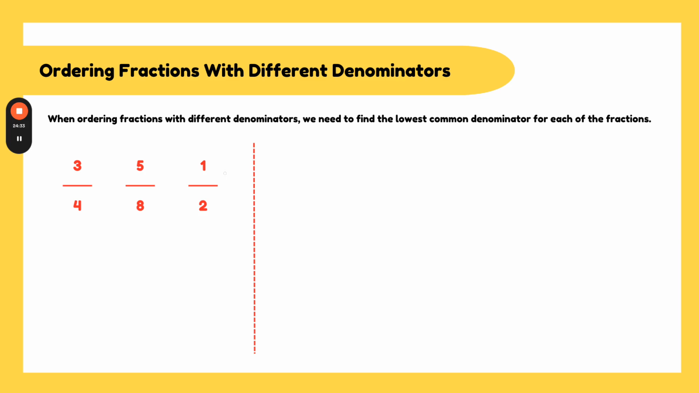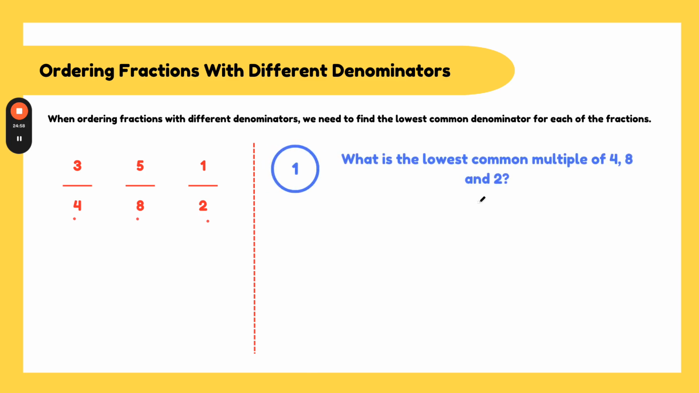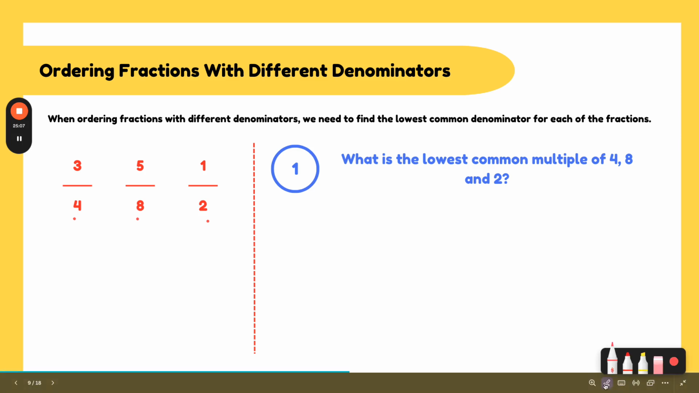When dealing with fractions with different denominators, we find the lowest common denominator for each of the fractions. If you can see, our denominators are 4, 8, and 2. So if we wanted to find the lowest common multiple of 4, 8 and 2, well, if